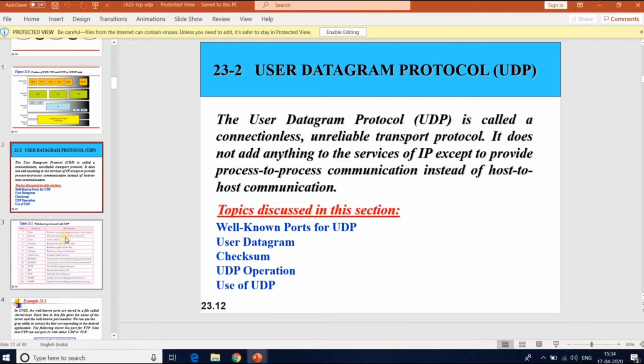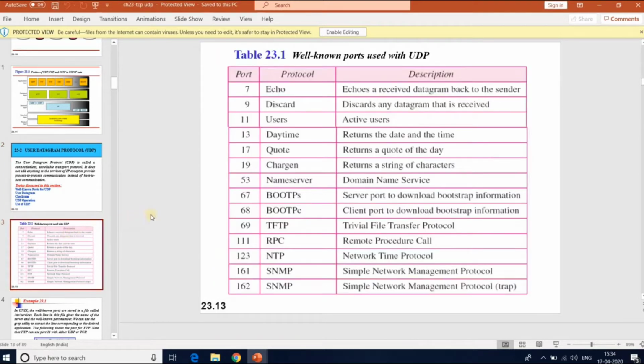So there are well-known ports used by UDP. The port numbers are these, and these are the protocols.